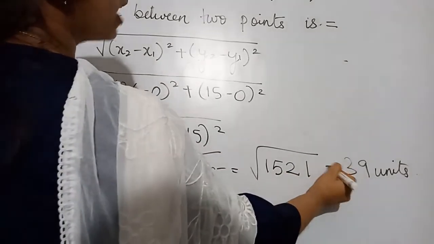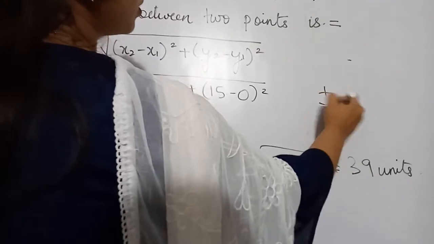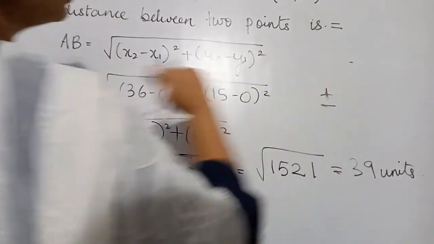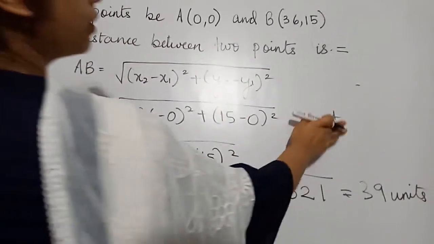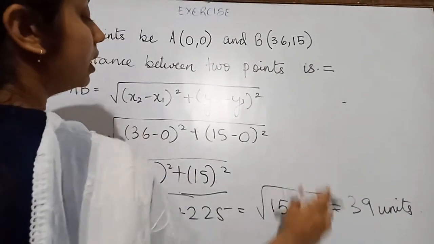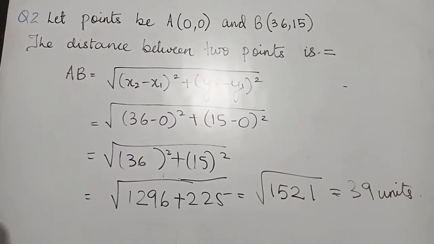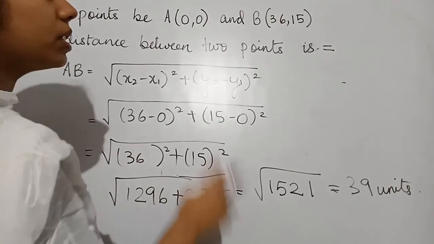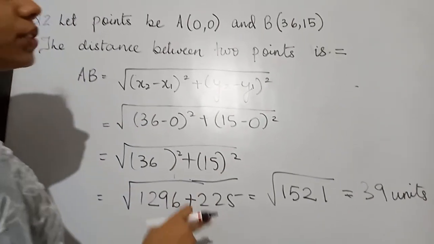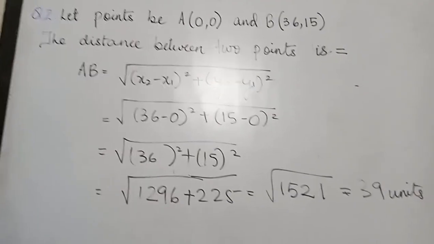Okay. Now children, many of you might ask the question that when we solve under root, we should get both plus and minus sign as well, isn't it? We used to write plus and minus sign whenever we find any square root of a given number. Now children, always keep this in mind that we are talking about distance. So distance cannot be negative. That is why we always take the positive number.